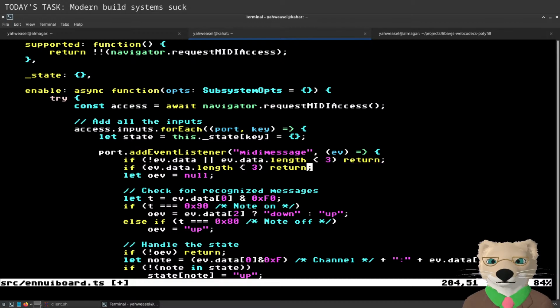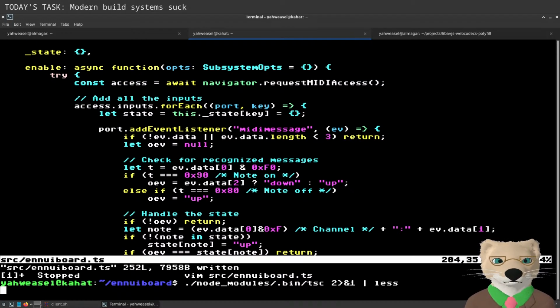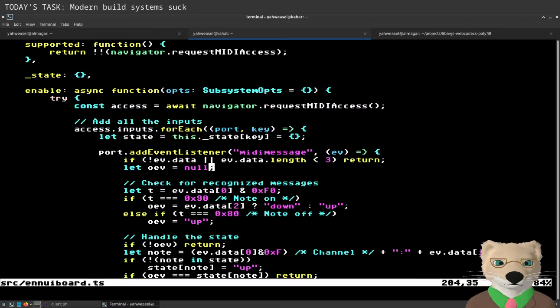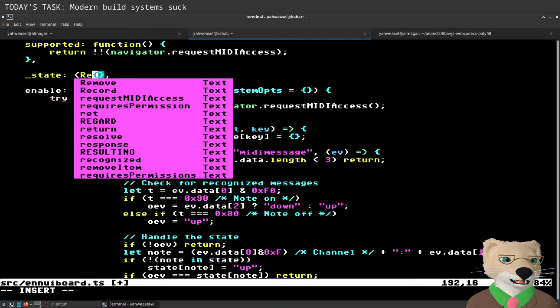Okay, that should be sufficient to suppress all errors about ev.data not being set. Indeed it is. Okay, I didn't give the state a type. Fair enough. So this is just string to string? Is note? Yes, note is a string, so...